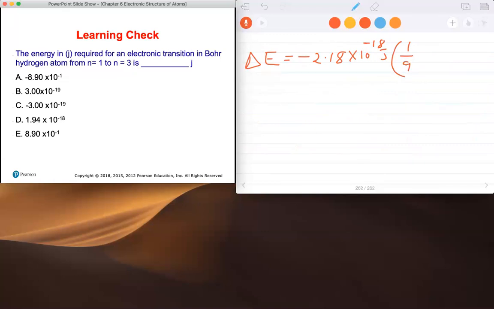1 squared is 3, minus 1 over what? 1. 1 squared is 1. Trust me, if you flip the numbers, it will not play out well, and you may see that in the multiple choice. So here in parentheses, 1 divided by 9,